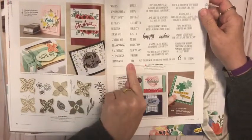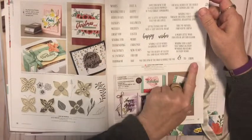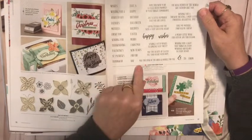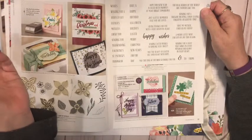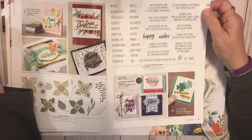Okay, A Wish for Everything. This $39 set is the bomb diggity. There is so many things in here. You've got a to and from. You've got an and or ampersand. New Year's, reminder you're loved, giving thanks with a grateful heart, happy and wishes, Easter wishes, beauty of Easter, heroes